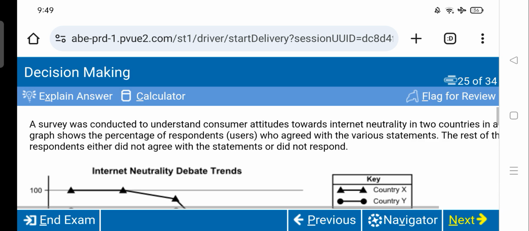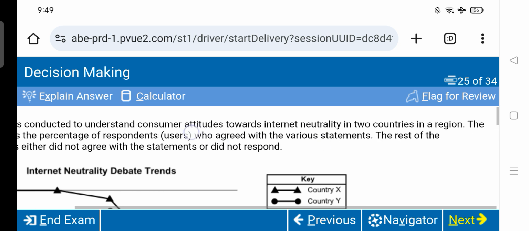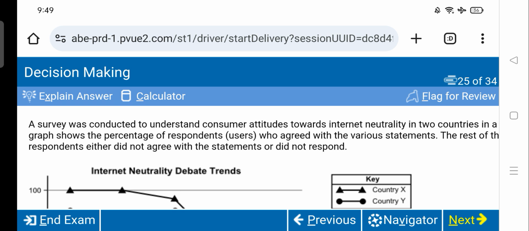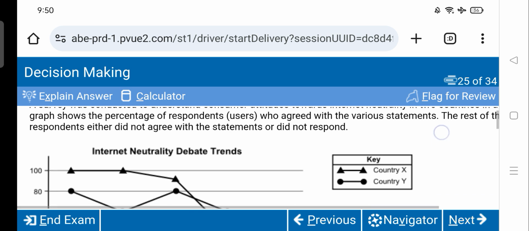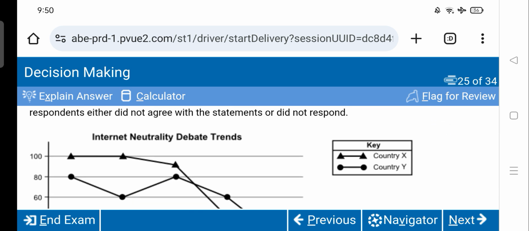A survey was conducted to understand consumer attitudes towards internet neutrality in 2 countries in our region. The graph shows the percentage of respondents who agreed with the various statements. The rest of the respondents either did not agree with the statements or did not respond. So here we have internet neutrality debate trends